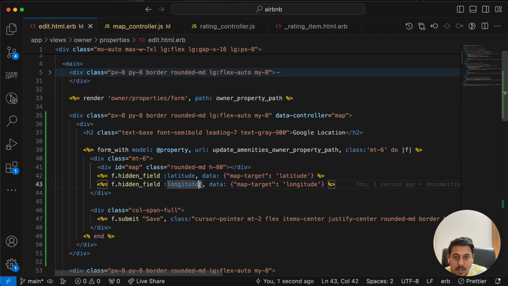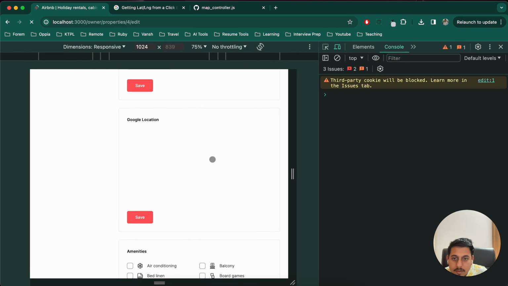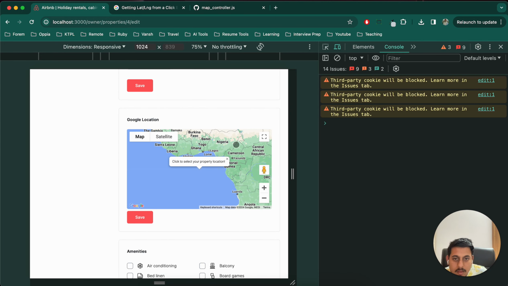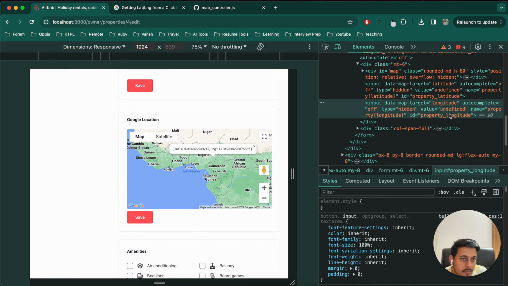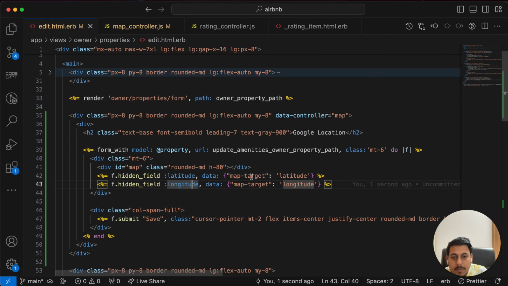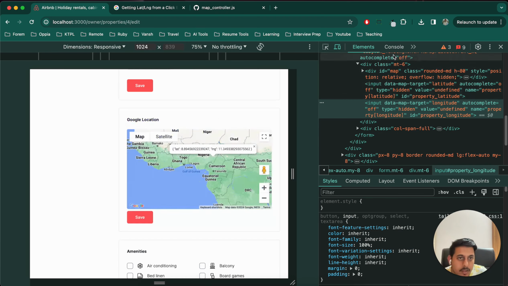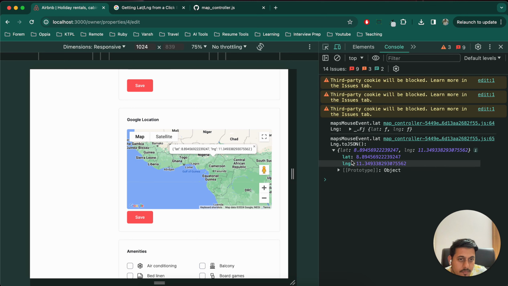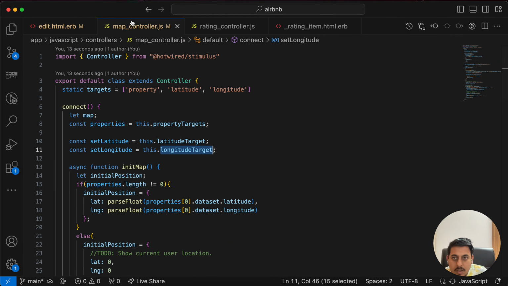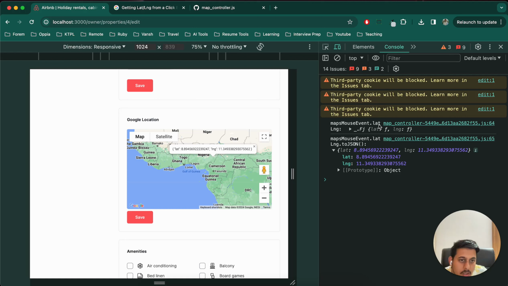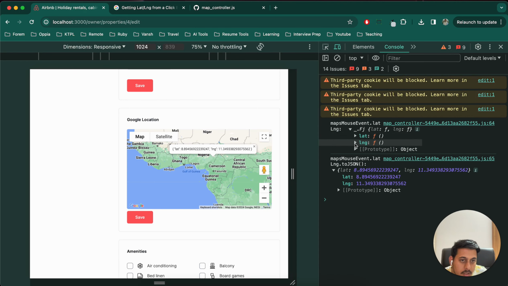Typing mistake again and again. Now let's click here, go to elements. Can we see value? Undefined, undefined. Maybe we'll have to parse it. Let me check the console, let dot long from JSON. Okay, from JSON, where is the JSON part? It's in map controller, and in this, what was it? Let